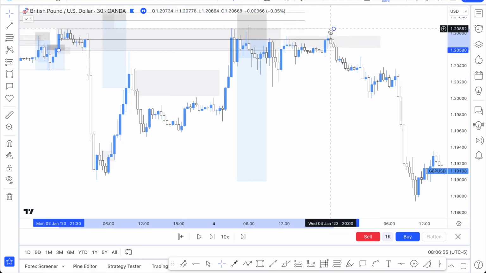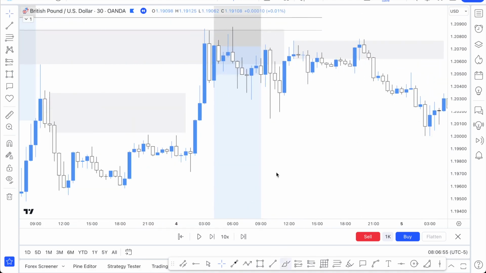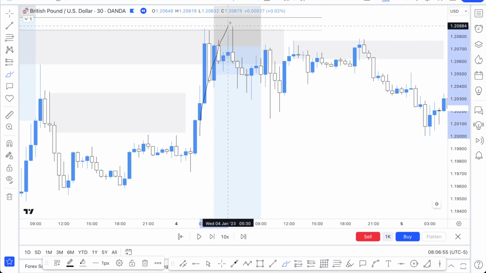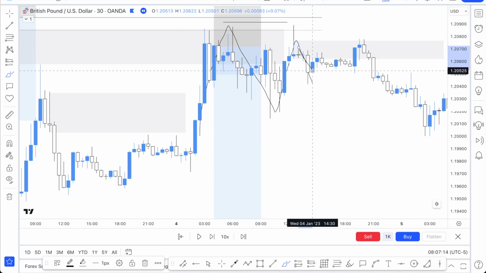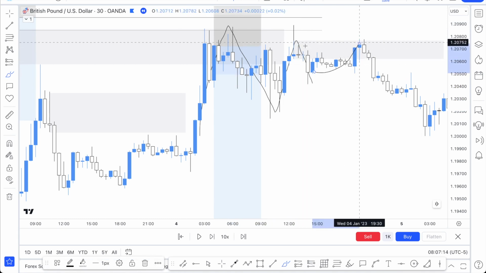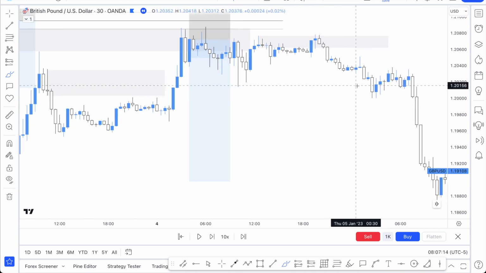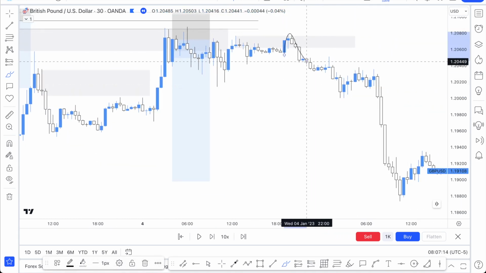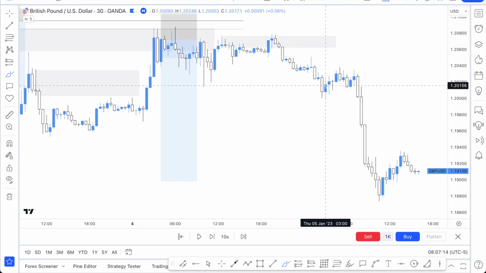Let me clean that up so you guys can see that a little more clearly. Notice again how prices get up right here. Prices go up, come down, go up, fail. Demand fails because demand is supposed to go above the high, but then it goes down and then comes right back up right there for the sell. So that would have been my entry right there. Then we see more failed demand to supply, so I would wait for this area, and this is where we need to start